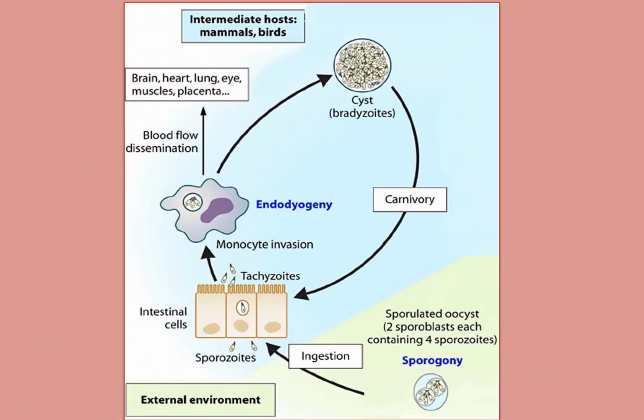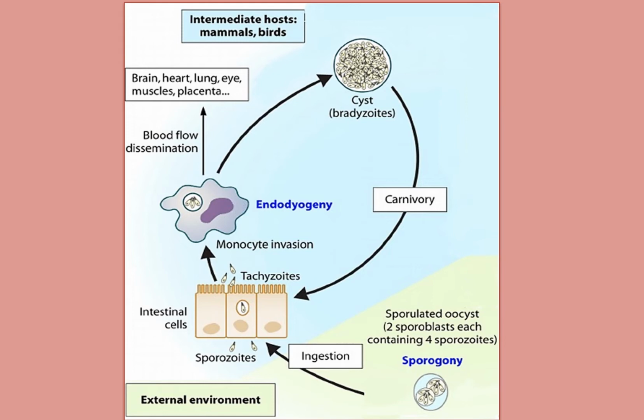Look at this part of the life cycle. This is what happens inside the human host. After the sporogony cycle in the outer environment, the oocyst will be infective, ripe or mature. After the ingestion, look for this part, the sporozoites will go through the blood to all over the body and through the host cells, sometimes invading some of them and reaching everywhere in the body, but will localize especially in